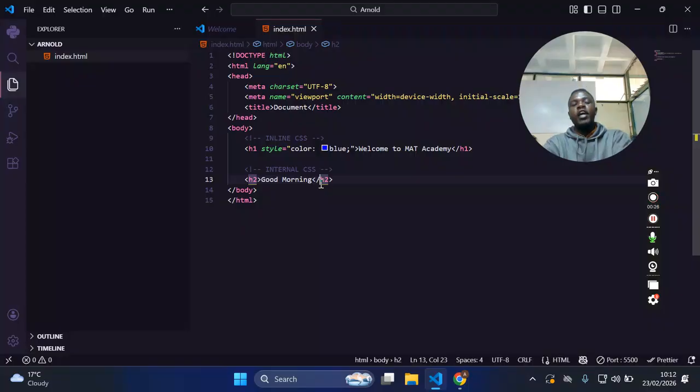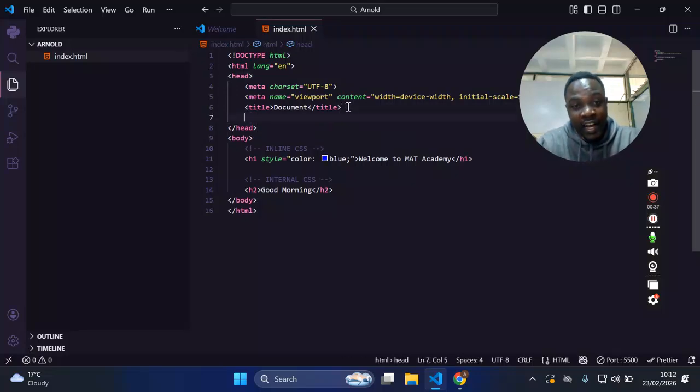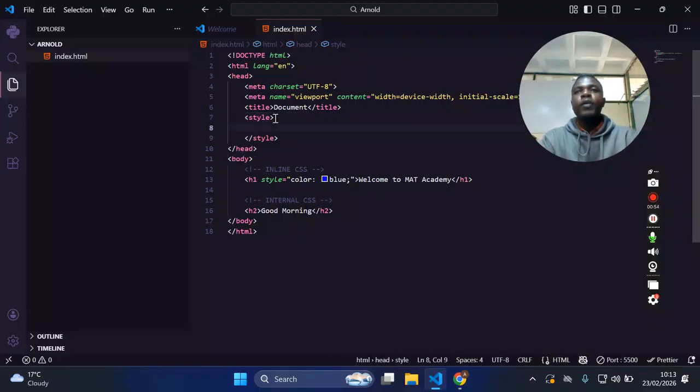Internal CSS. Now internal CSS, you will head over here between the head tags, between this opening tag and closing tag here. Inside here, doesn't matter where, as long as it's inside. Now here we're going to create another tag called style, and style usually comes in form of a tag. Then in between the style, we are going now to write our CSS, but this one is a bit different,